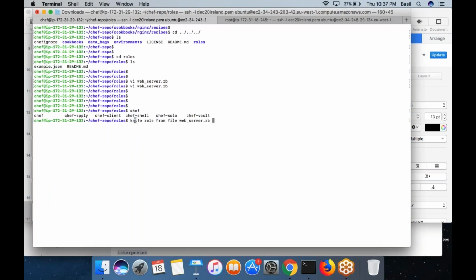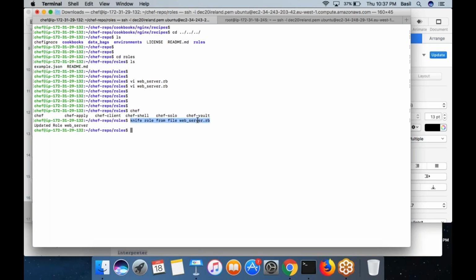So this is the command you need to run in the workstation, which will read this file and create a role in the Chef server. Just creating the file is not enough. You need to run this command, then only the actual role will get created in the Chef server.